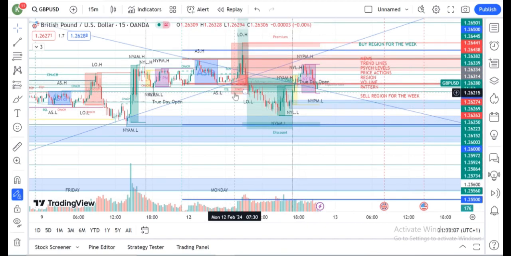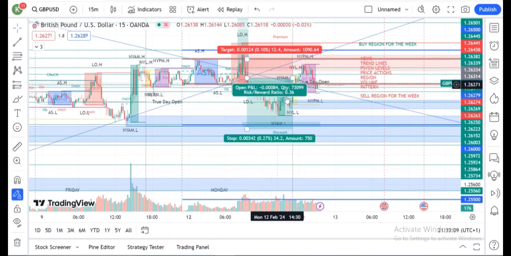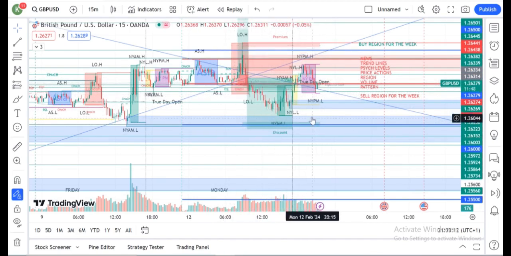This is a change of character. Okay, so there's no new change of character yet as at here, or break of structure, so that's not a full confirmation. But it came here, formed this order block, and then went back upward. For someone who went into this trade and is willing to maybe take more entries at this price action level, you will notice that if you took care, or maybe you broke even, or